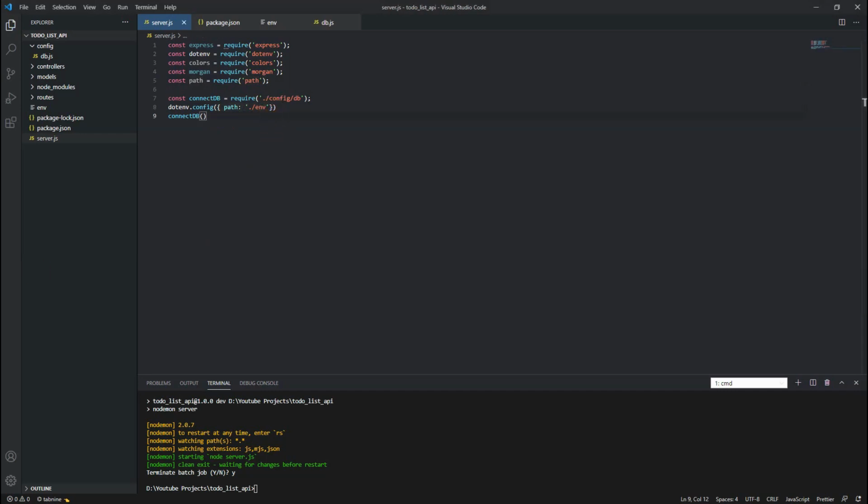Okay, let's see. Now just const port equal to process.env.PORT. If that port is not found, then by default it should be fine.